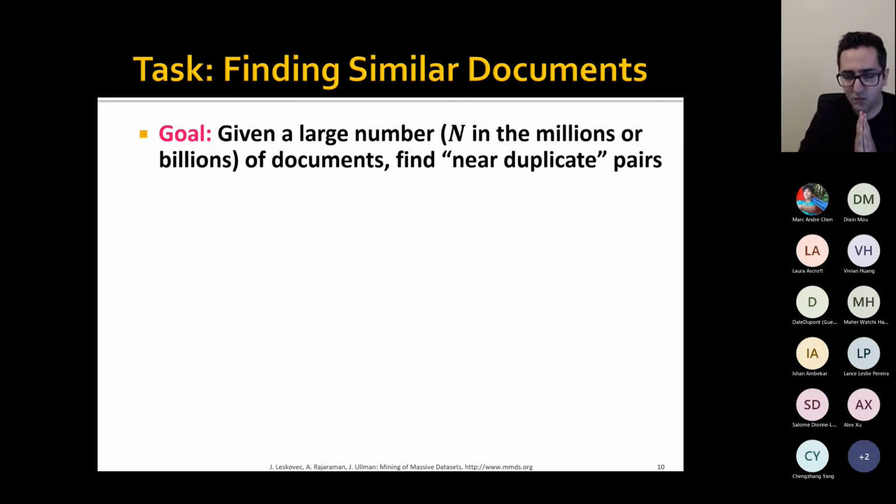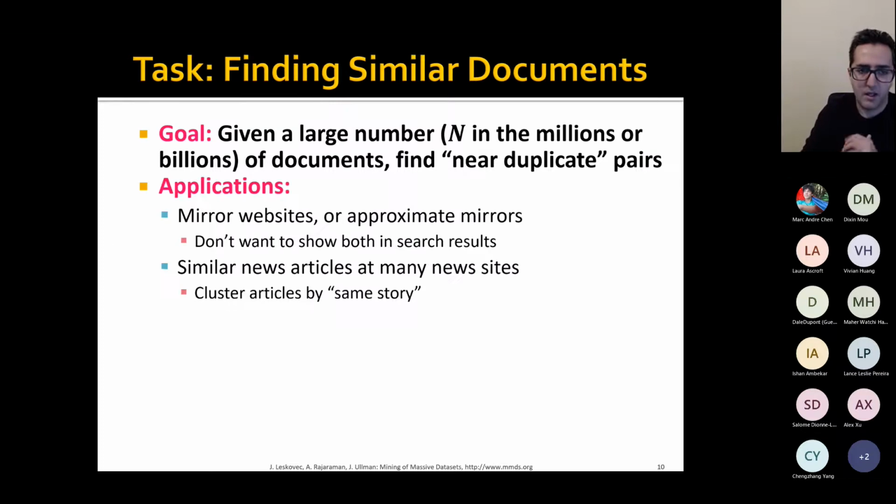What I want to focus on in this lecture is not images, actually, it's documents. We have a large number of documents, in the order of millions, and I want to find near duplicates. Why do we care about this application? For example, we want to find mirror websites or approximate mirrors. Why do we care about that? Because